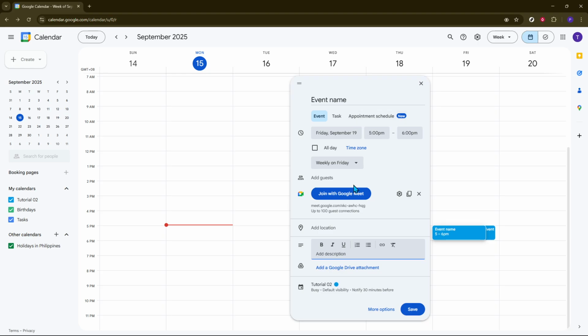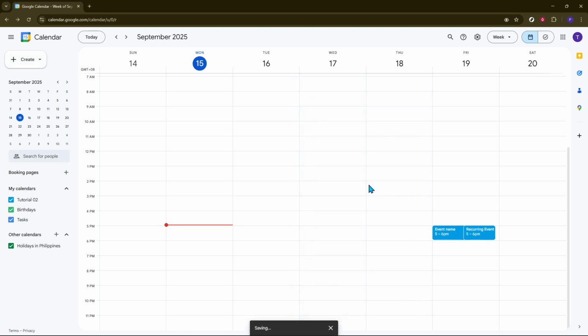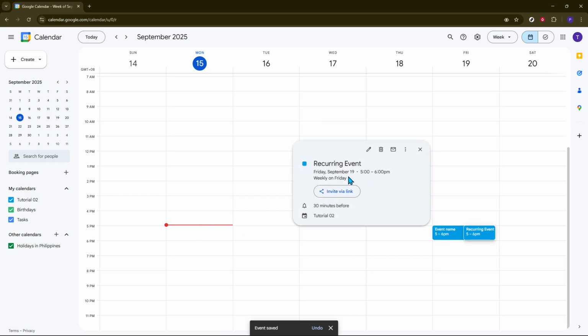After confirming that all information is correct, click the Save button at the top. Google Calendar might prompt you to send emails to guests. Confirm the action, and your recurring meeting is all set. Now your meetings are scheduled to automatically repeat according to the preferences you set, making your life a bit more organized and